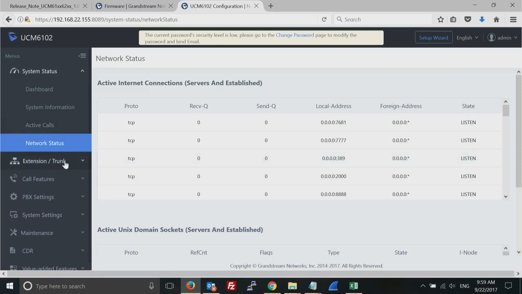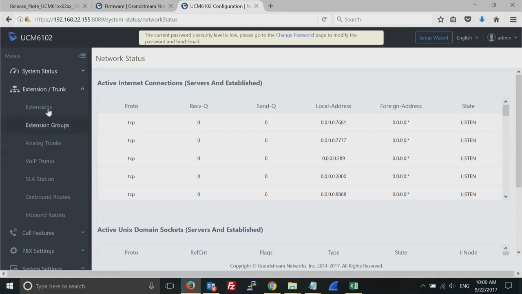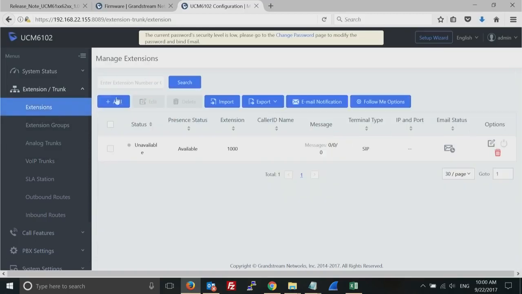All right, now for extensions. So obviously the first thing you have to do when configuring your phone system is creating extensions. As Phil mentioned, our UCM supports zero config, which is sort of like a plug and play option. Basically, upon detecting any Grandstream phone in the network, the Grandstream PBX is going to show you the phones, and then you right-click on it, and then you're going to assign an extension. Obviously, before doing that, you need to create a batch of extensions. Let's say that you're installing a 20-25 seat office, then you go to your extensions, click on the Add button,